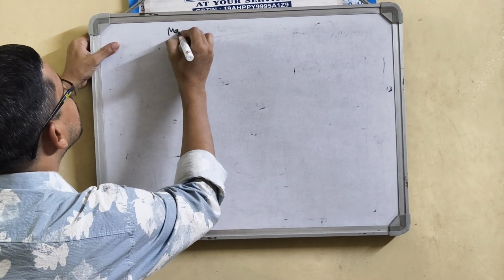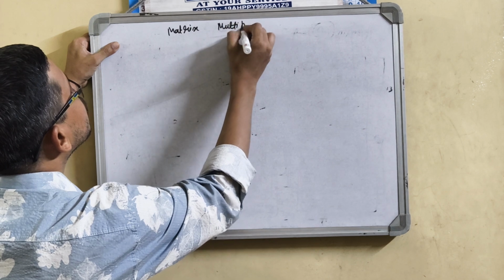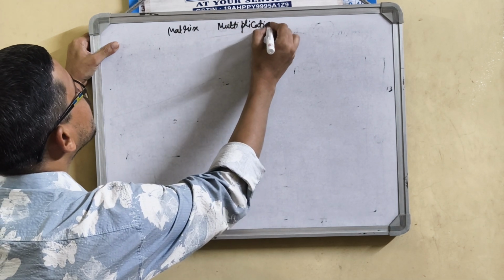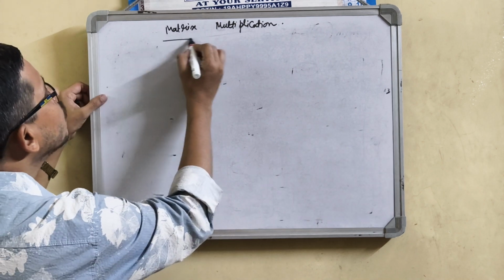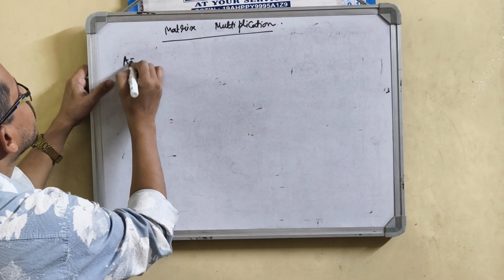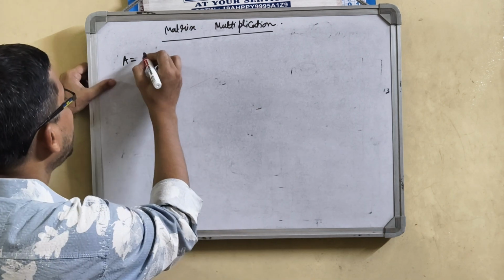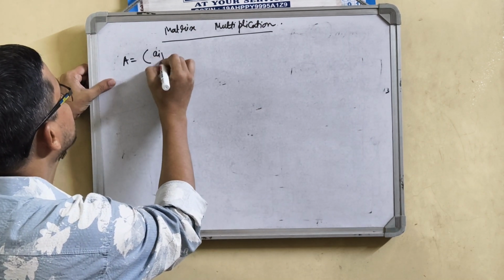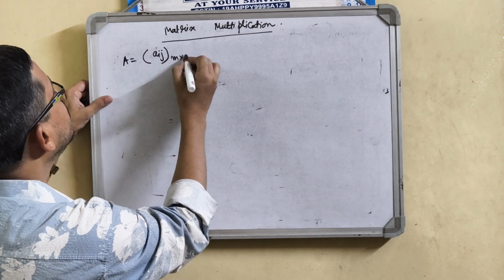Matrix multiplication. So now let us consider that the matrix A is equal to Aij of order m by n,